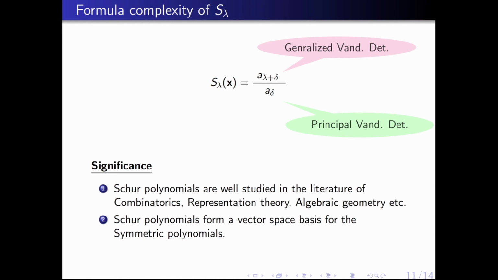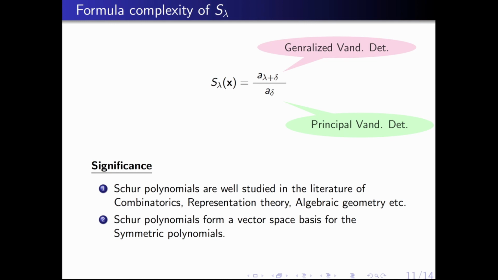Also, one thing I didn't mention intentionally, that is Schur polynomial is a symmetric polynomial. It is a small thing to check why they are symmetric. Also, it is not very clear a priori why this is a polynomial. You can think about it. Moreover, it is not just some arbitrary symmetric polynomial, but it forms a vector space basis for symmetric polynomials. The other algebraic bases, such as elementary symmetric polynomials, homogeneous symmetric polynomials, and another one called power symmetric polynomials, all are known to have small formulas under some field assumption. But to our knowledge, we didn't know anything like this for the Schur polynomial.